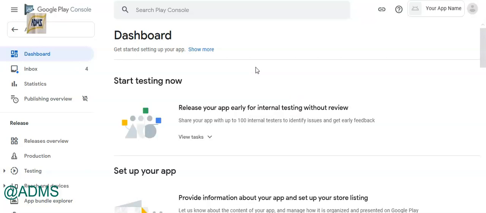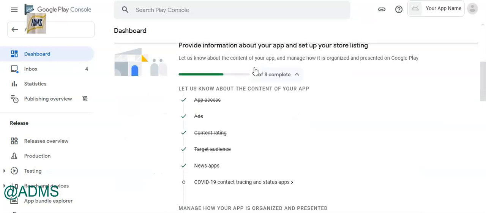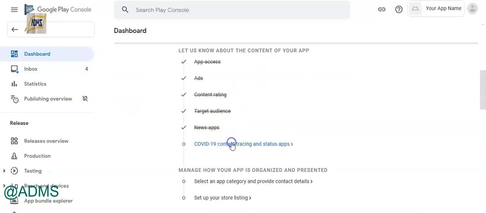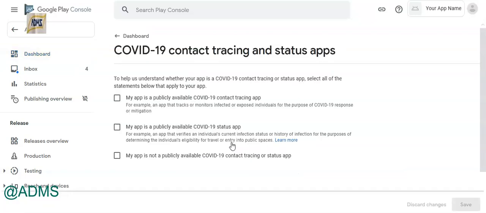In some cases, you have to give answers to a few questions by selecting the option, but it's quite simple. So next is this one. Obviously, this is the correct answer and click save.